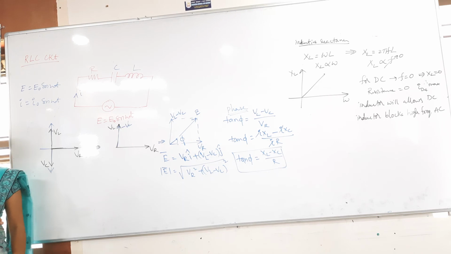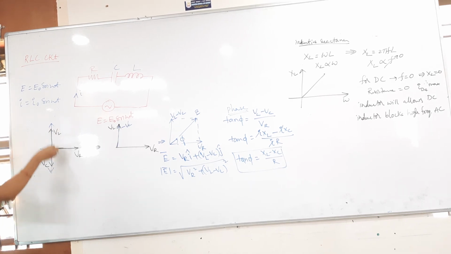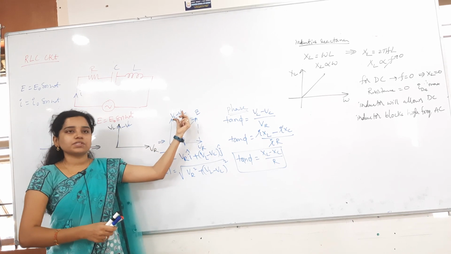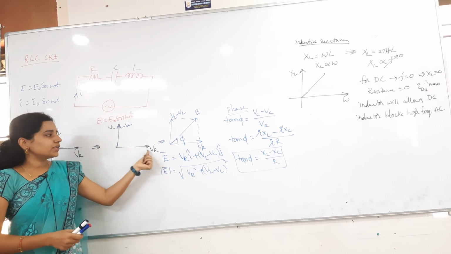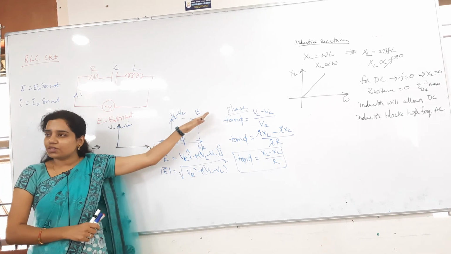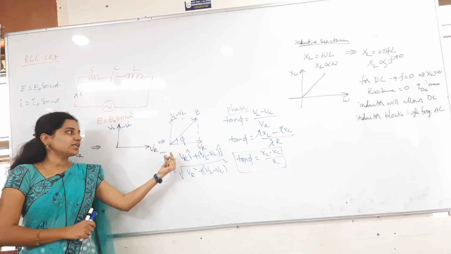Now to get the resultant, I should have only two vectors. For making two vectors, I am just lifting it and keeping it here. Whenever I lift it, obviously it is originally in which direction? Negative y axis. So we got negative VC here. Then the net voltage is VL minus VC in that direction. And in the horizontal direction, what is there already? VR is there. Then where will the resultant come? In between them only.